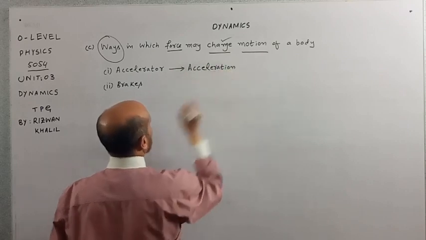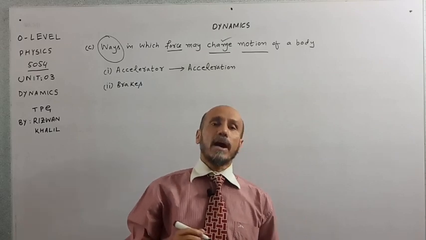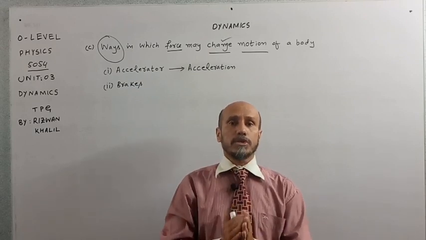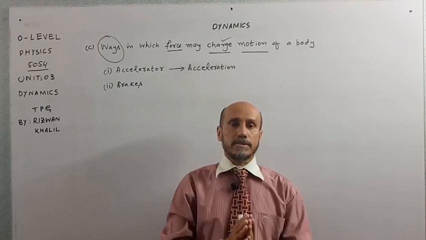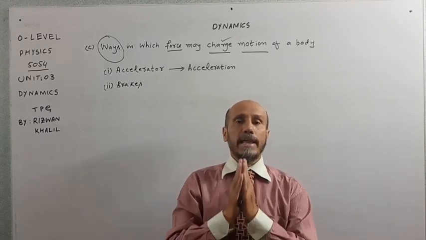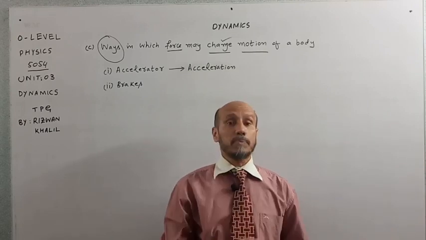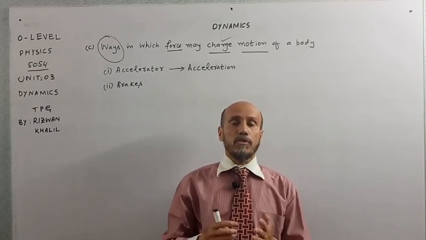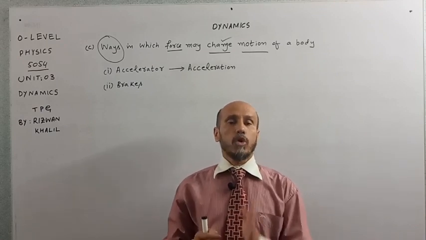Acceleration is being produced in the car in the direction of force. Now if the car is moving and we want to again change its motion, what will we do? Definitely we will apply the brakes. When we apply the brakes, what will happen? Does its speed increase or decrease? Definitely its speed decreases, because when we apply the brakes, frictional force is applied in the opposite direction. So again its motion changes.